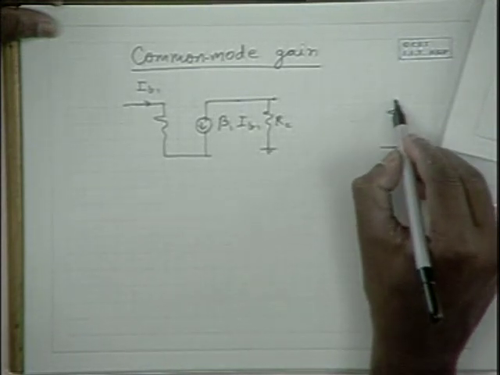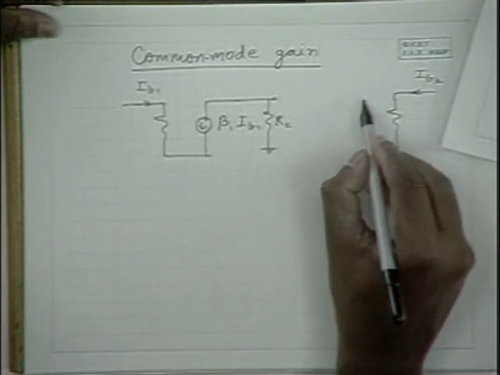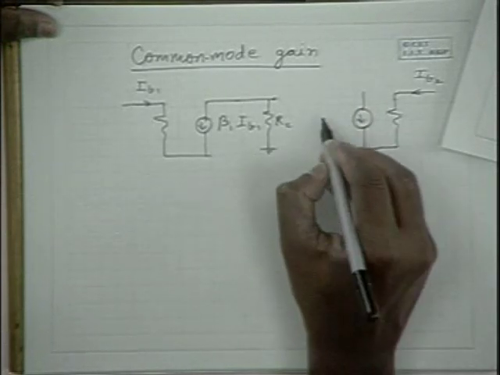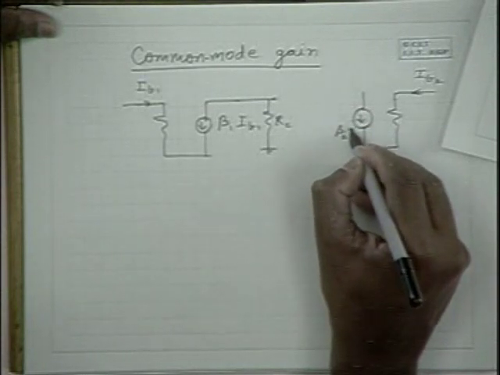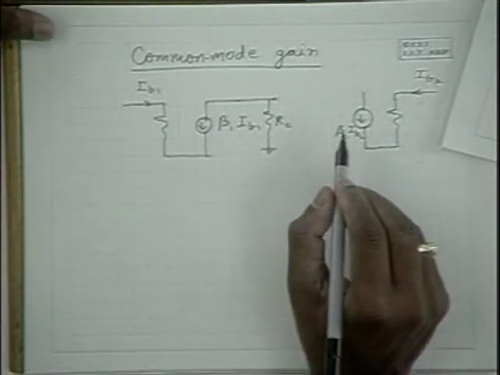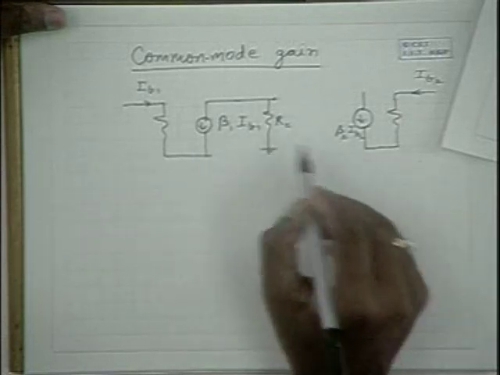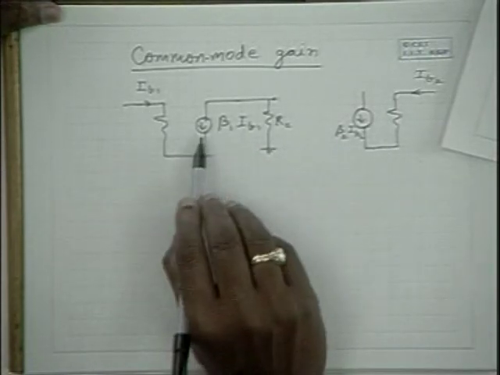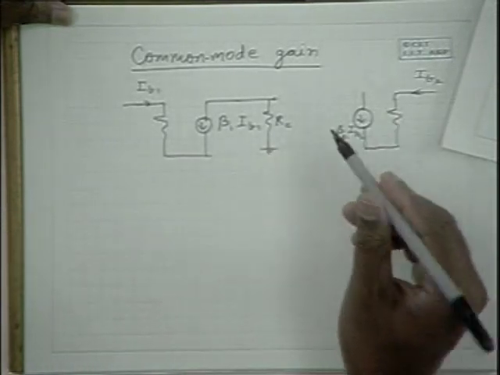And here is the equivalent circuit for the next transistor, and the current is IB2. So this current source is similar to this, it is equal to beta 2 IB2, where beta 1 and beta 2 are the respective AC short circuit gains for the alternating signals for transistor 1 and transistor 2. When these are identical, beta 1 is equal to beta 2,